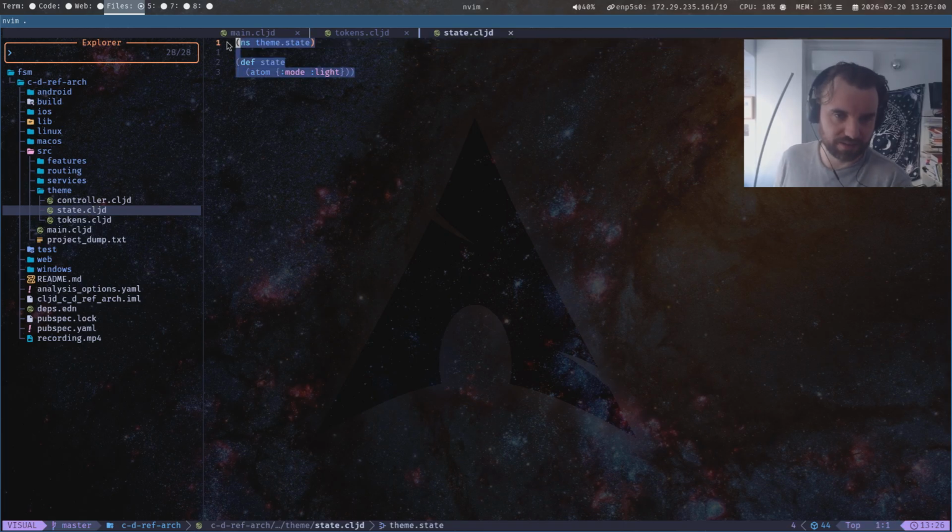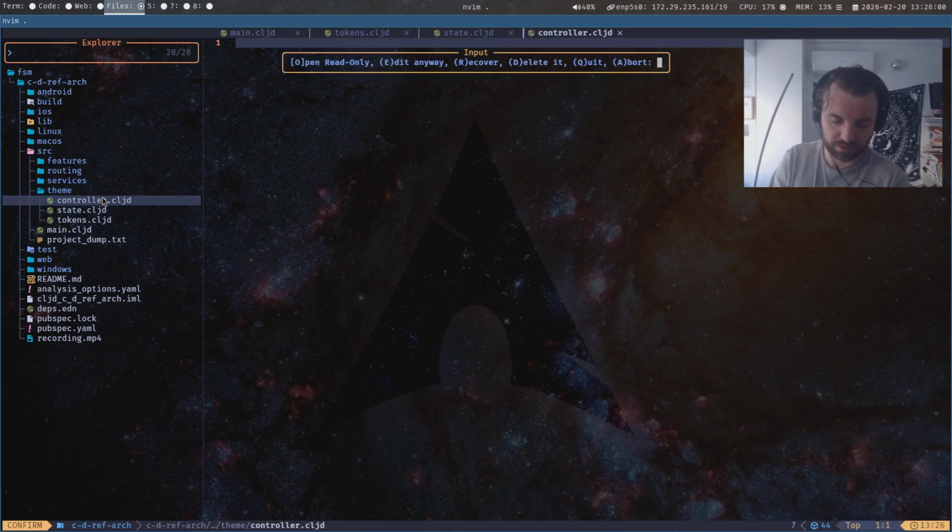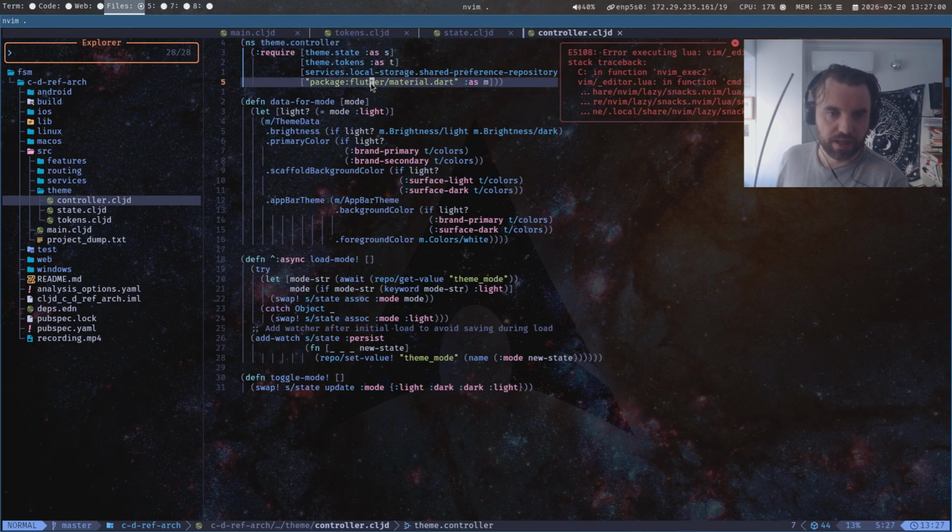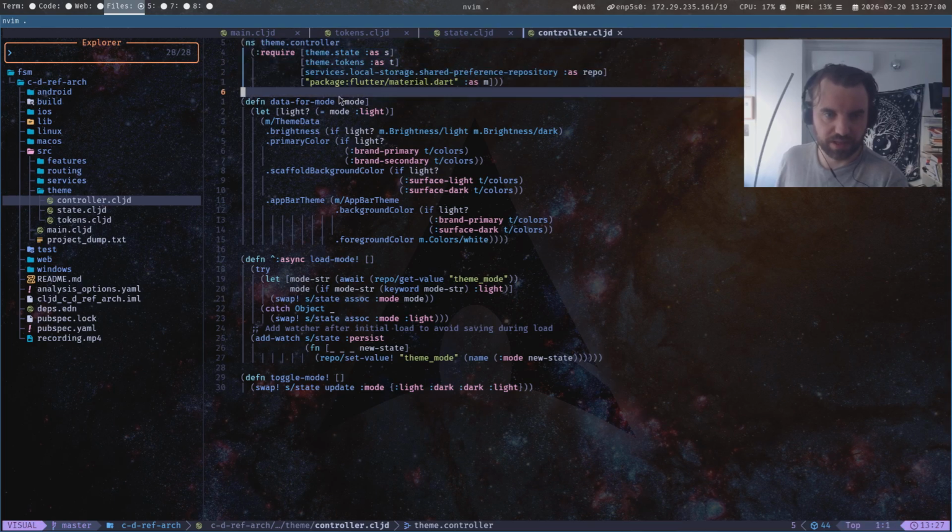This is the state. It's just an atom, and then in Clojure, it's key value. So this is the key, and then the value is like these little tags, these little names, which is all we need, right? So then in the controller, I was drilling that earlier on. In the controller, we have here the theme, and